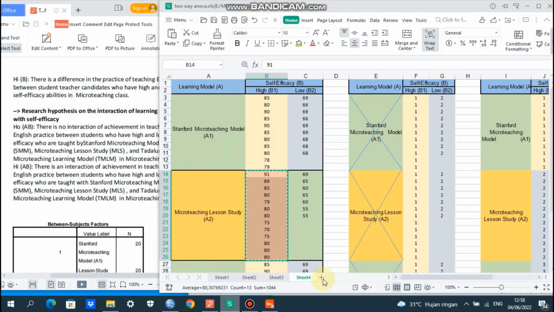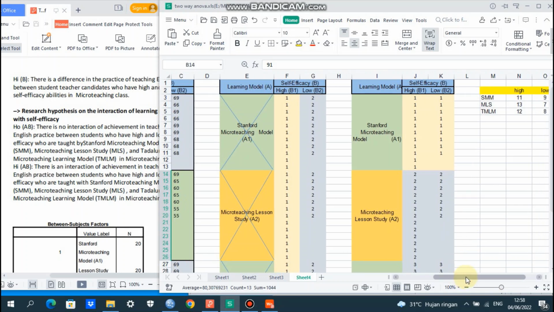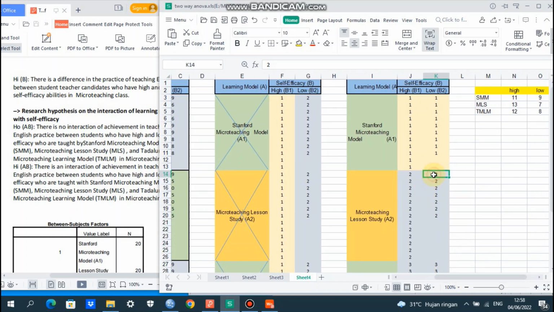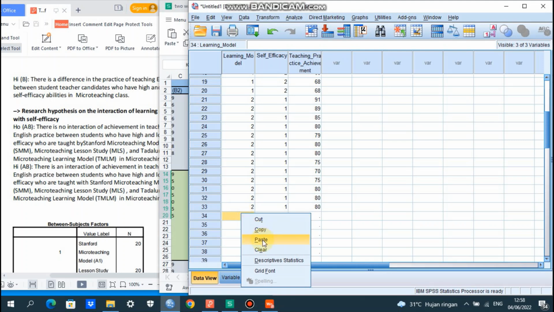Next we go to the code for micro teaching lesson study, for the 7 students having low self-efficacy. We paste it here.